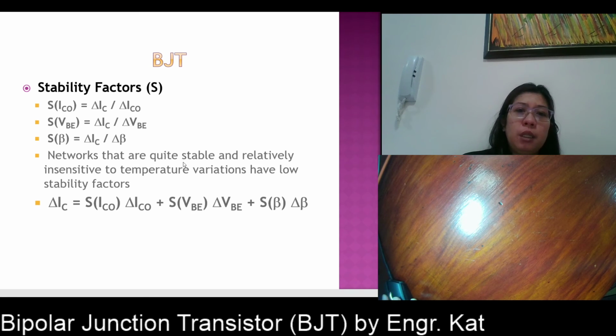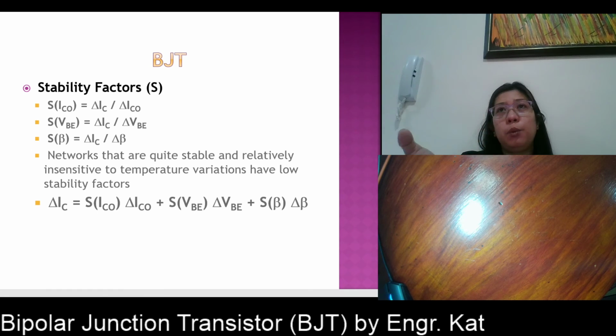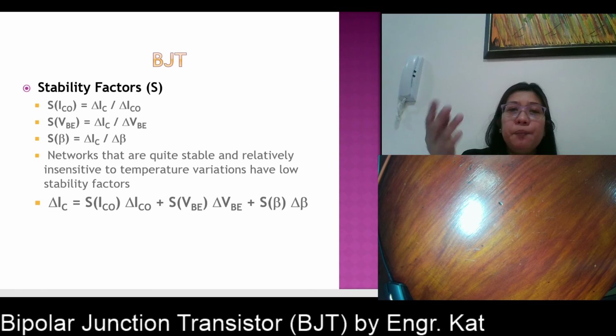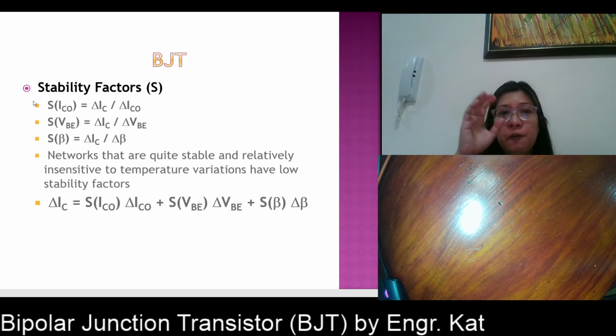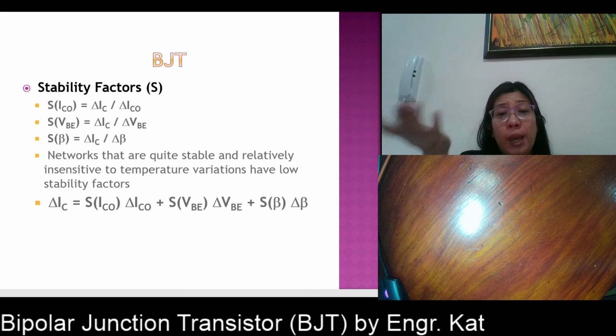So networks that are quite stable and relatively insensitive to temperature variations have low stability factors. So if you're going to choose between two transistors and their stability factors are given, look at the one which has a lower value. A lower value of stability factor will give you a quite stable circuit, and it is relatively insensitive to